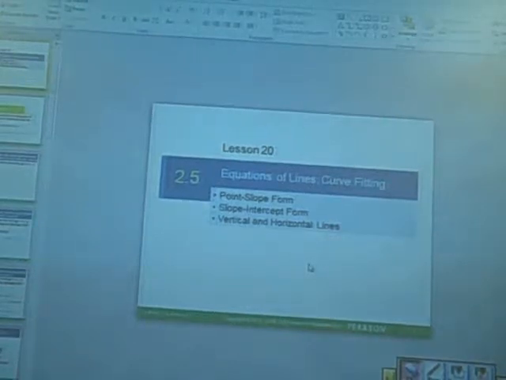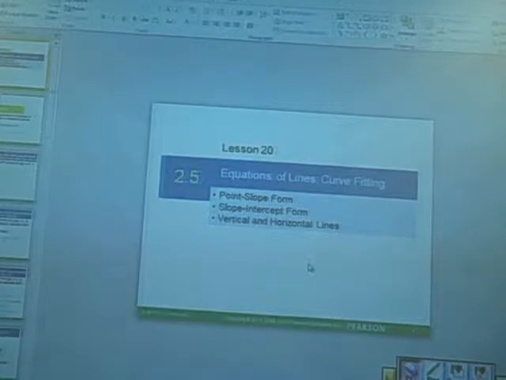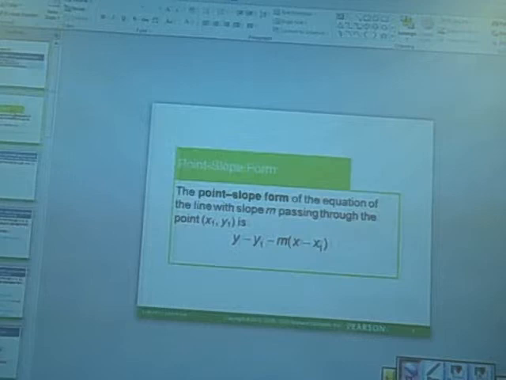This is lesson 20, section 2.5, linear equations of lines and also curve fitting. We're going to look at the point slope equation, the slope-intercept equation, and vertical and horizontal lines. Okay, the point slope equation